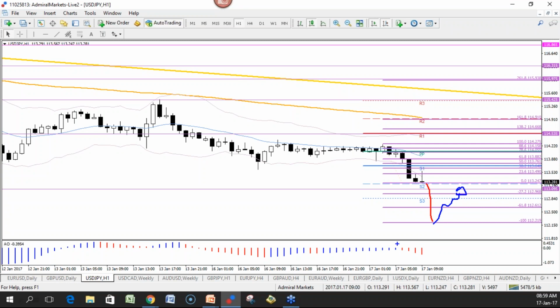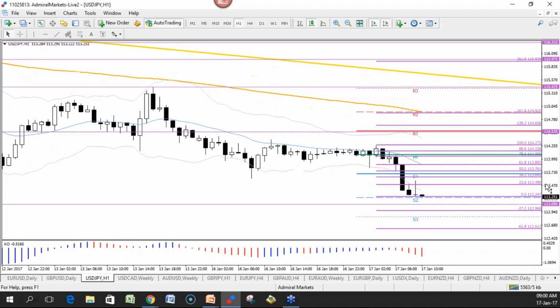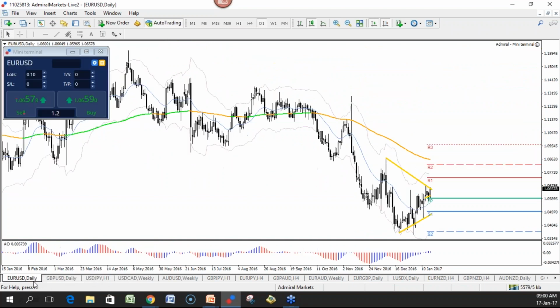In fact, I'll be monitoring short-term time frames to see if there's a 5-wave move up on the 5-minute chart after hitting 112, followed by an ABC correction like that. If that happens, I'll be actually interested in buying the weakness as it makes a potential wave 1, 2. All right, so that's the dollar, looking at the dollar yen. Looking at the euro dollar,